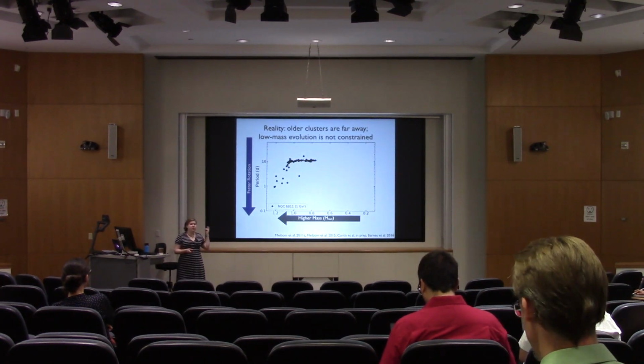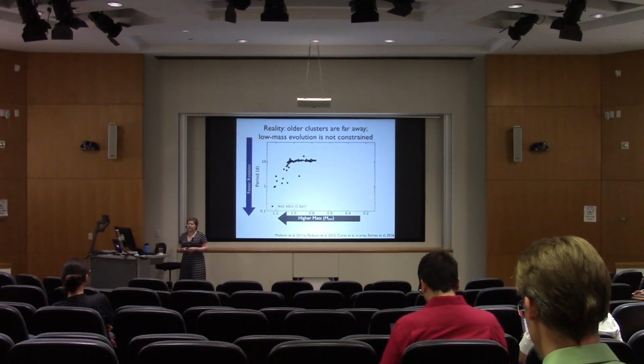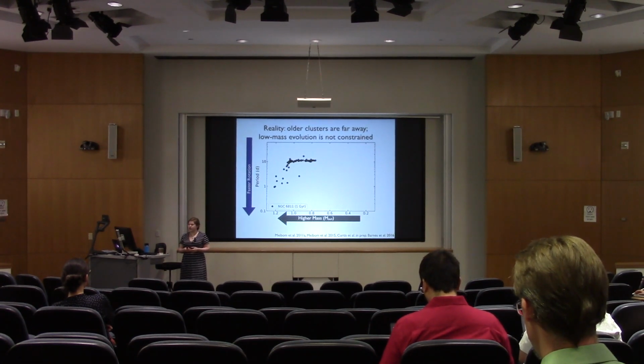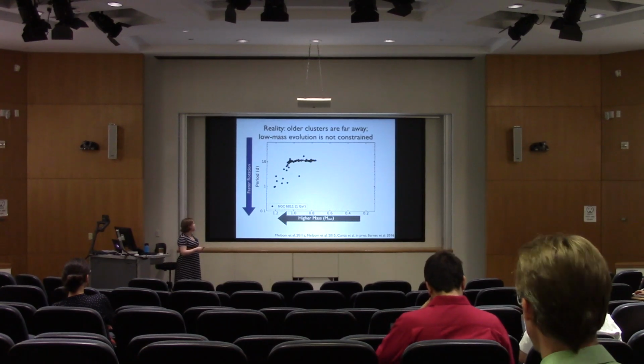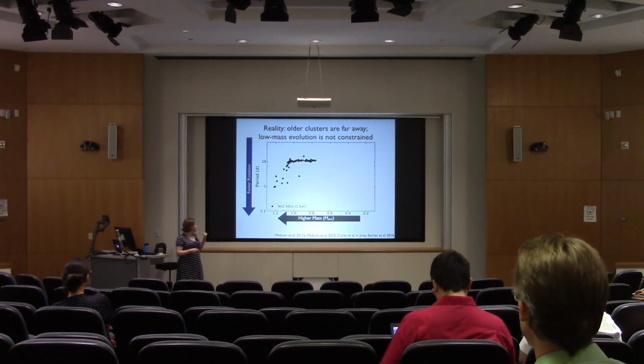And so if the models worked really well, we could just use those to figure out the ages of field stars, and it would be great. But the difficulty is that we don't have a lot of constraints on evolution at older ages. So this is NGC 6811 at 1 gigayear, and prior to this year,